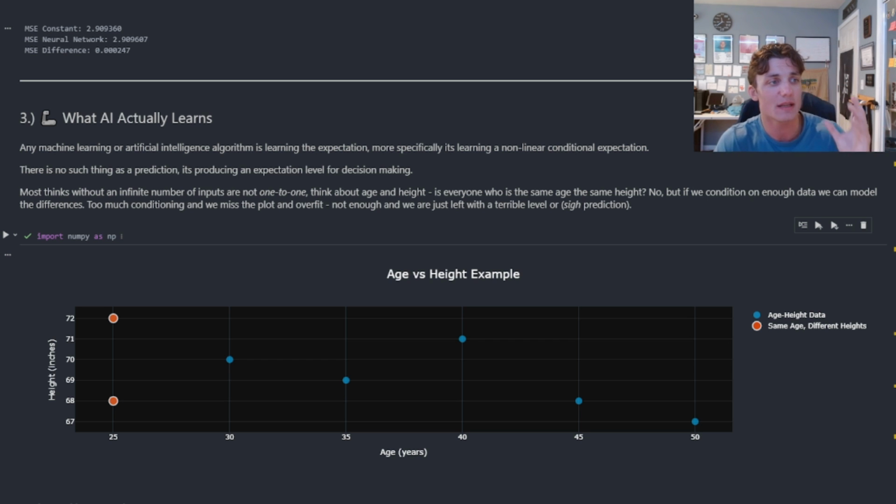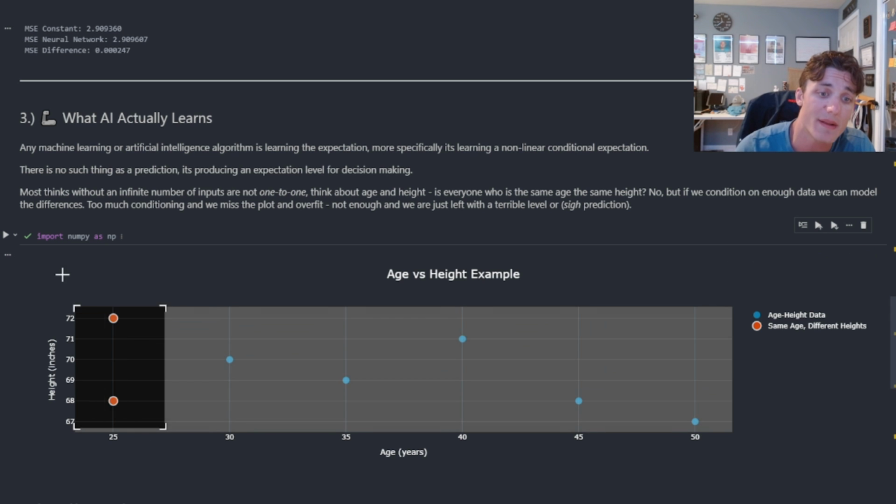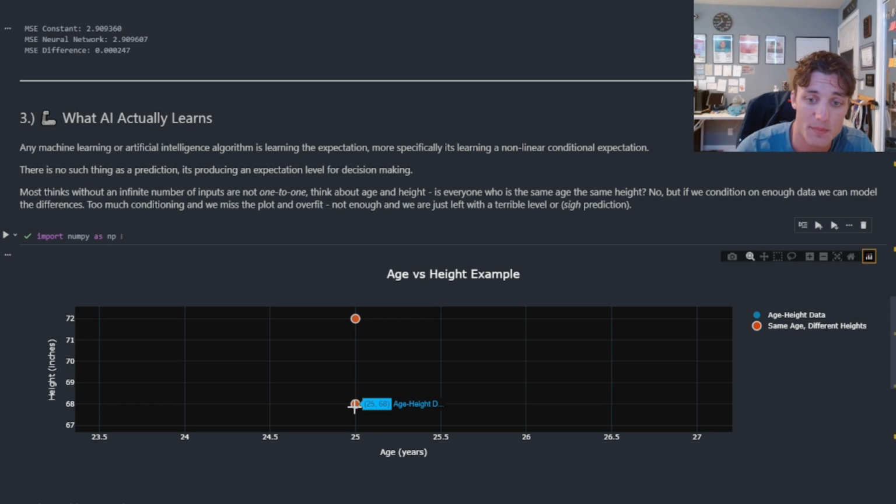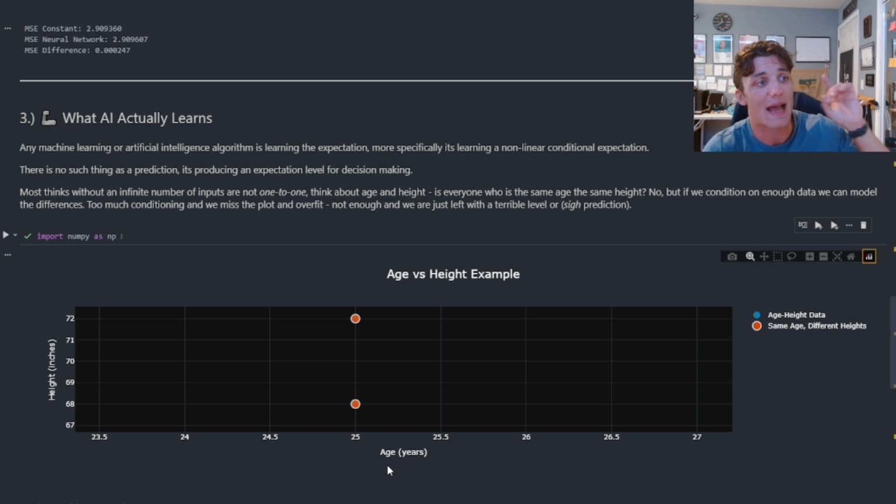So if we look at something like height and age, right? Clearly, everybody who is the same age is not the same height, right? If somebody is 30 years old, then there are a lot of different heights that they could be. They could be 6'6", they could be 5'5", right? Here's a very simple example of this. If somebody is 25 years old, they could be 68 inches, or maybe they are 72 inches. If I was to give an AI model this data and tell it to predict the absolute best height that it could,